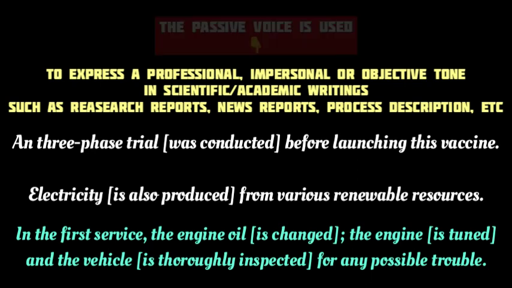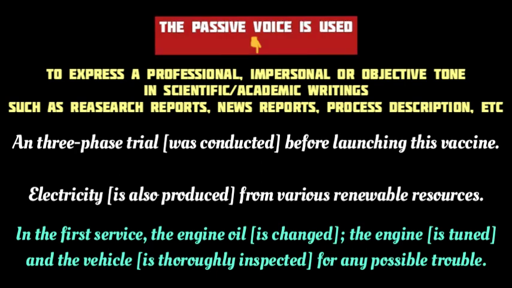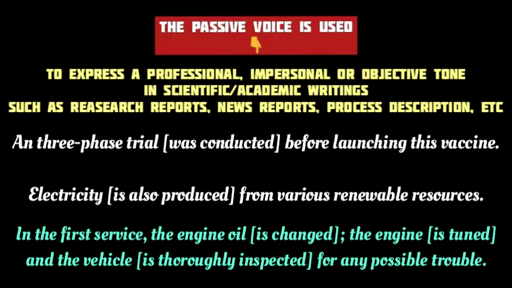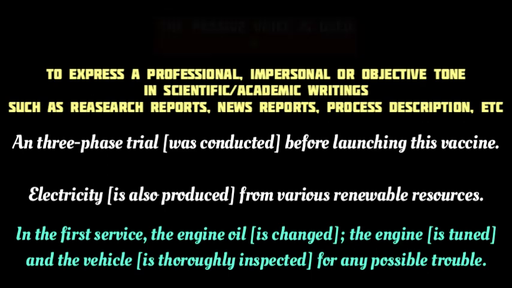For example, a 3-phase trial was conducted before launching this vaccine is a passive construction expressing just the right objective tone for scientific writing. The passive construction, electricity is also produced from various renewable resources, also expresses an impersonal or objective tone suitable for such writings. Then in the service maintenance book of your vehicle, you may find the professional or academic language of passive construction. In the first service, the engine oil is changed, the engine is tuned, and the vehicle is thoroughly inspected for